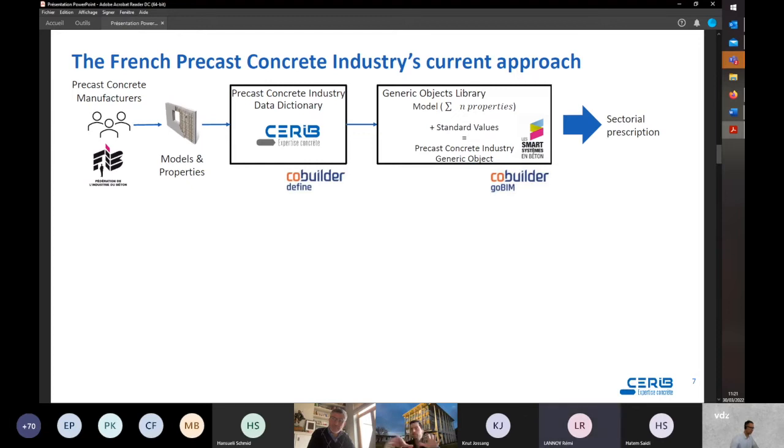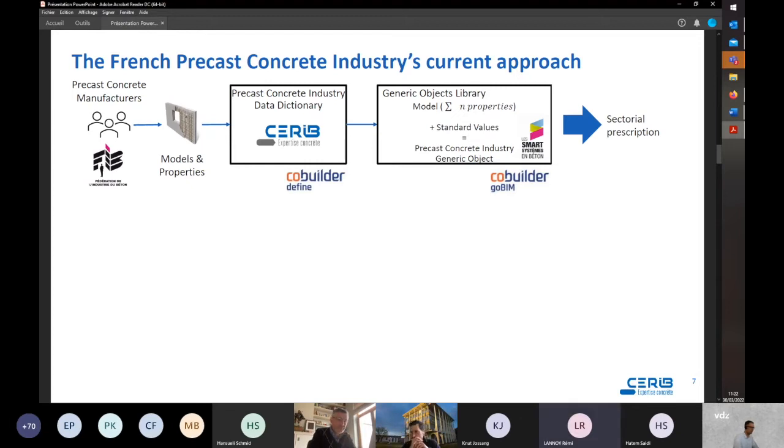Manufacturers come to a meeting, and we discuss models, construction models, and what properties we need to describe precast concrete objects.